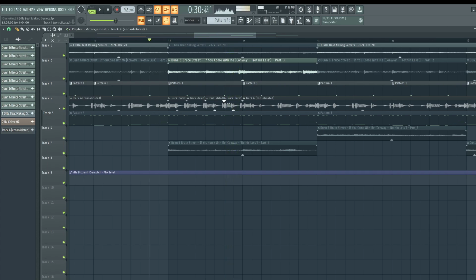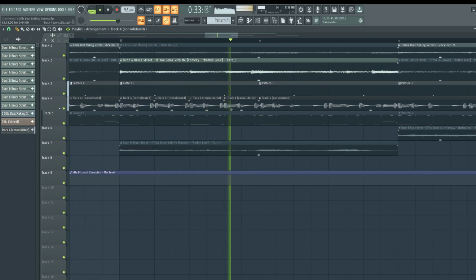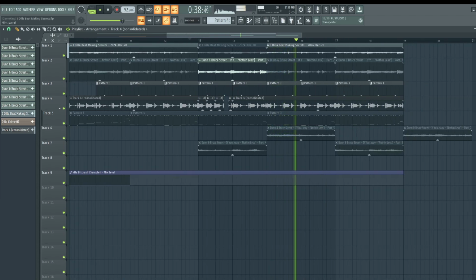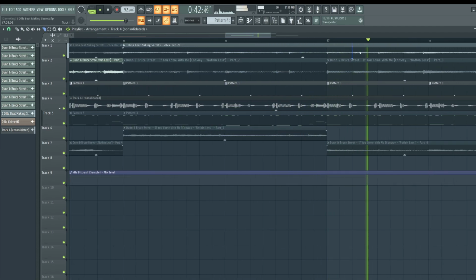Okay, so another thing J Dilla would do is like mute. So I'm gonna mute right here. And then bring in the next hit. You could also mute the sample. In this case, you could slice the sample. Like right here.